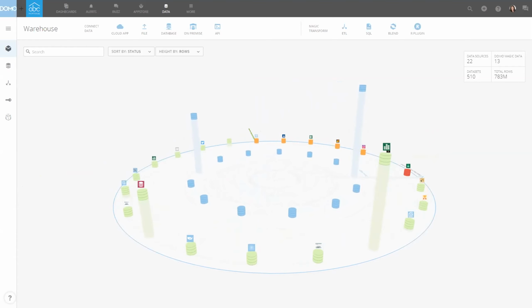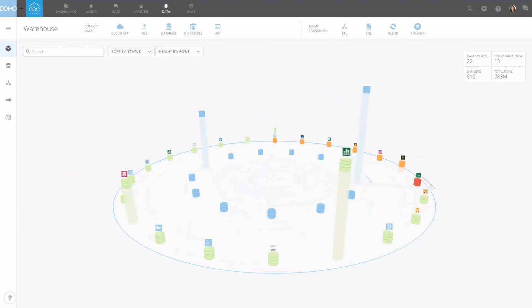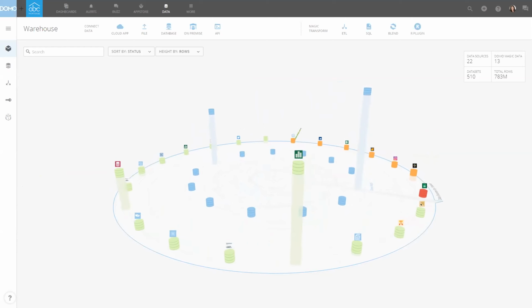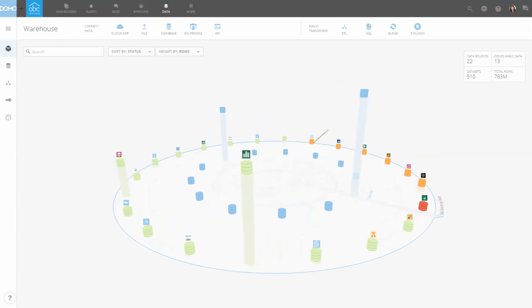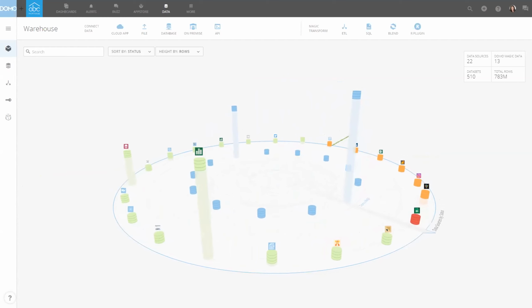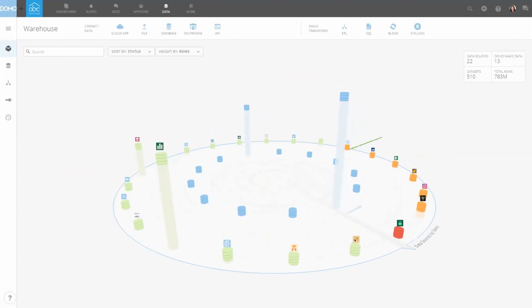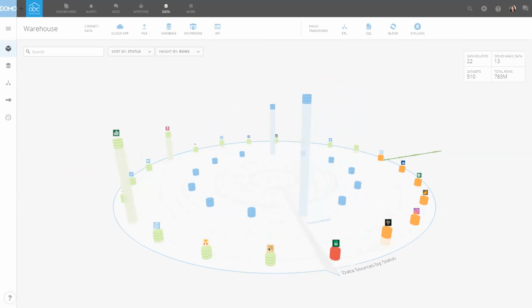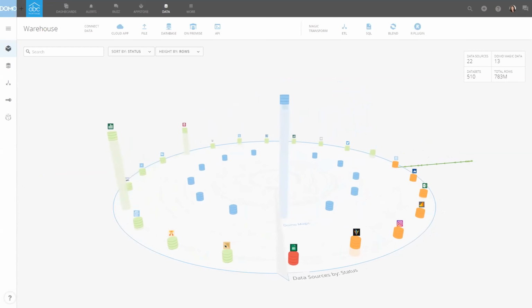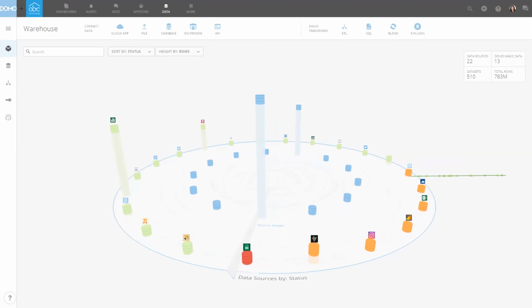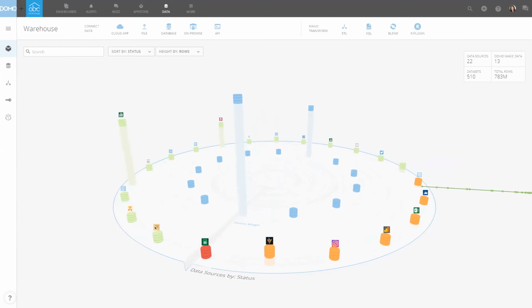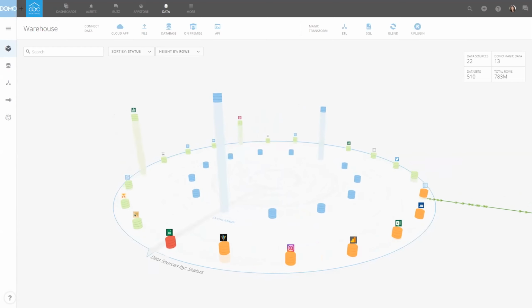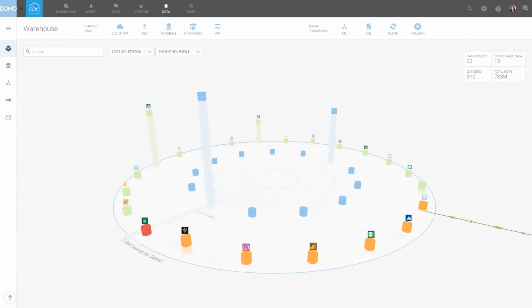And you can actually house all of your data right here within the platform. This does 2 things for you. First of all, it allows you to skip the step of getting all of your data on premise just to turn it around and pump it back into your visualization tool. So you don't have to set up that IT infrastructure to house all of your data if you don't already have it. Of course, if you do already have a good data warehouse set up, we can definitely still leverage that and connect directly to your on-premise data.